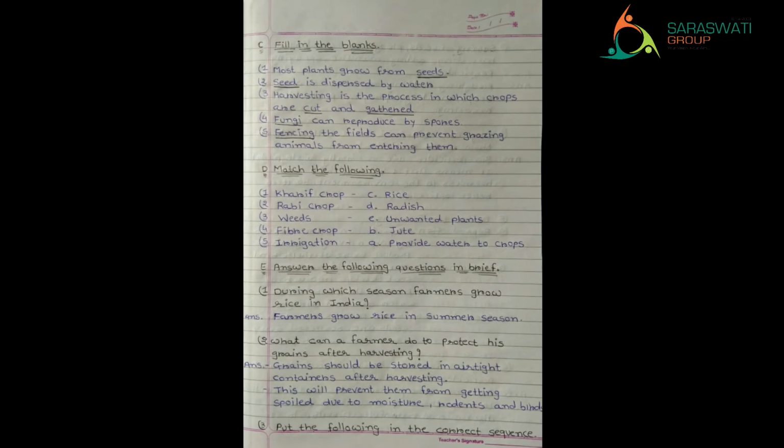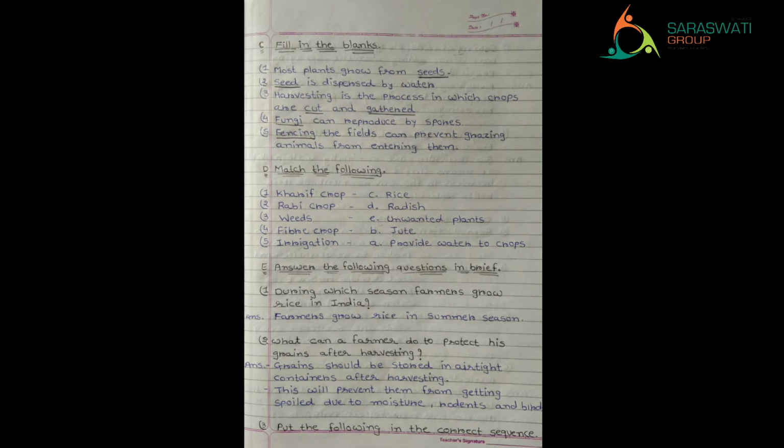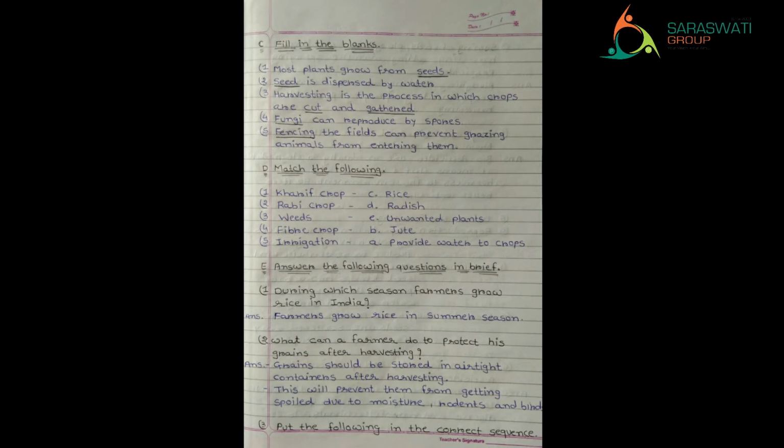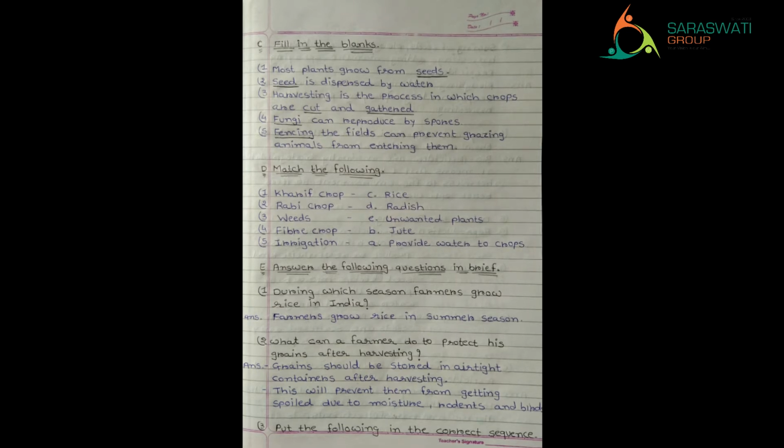Now the next question. What can a farmer do to protect his grains after harvesting? That means now the crop is ready. It has been harvested, cut and gathered. So how can it be protected? I have written here 2 points, right? The first point is grains should be stored in airtight containers after harvesting. That means the grains should be kept filled in a container or a box or a storage bin,